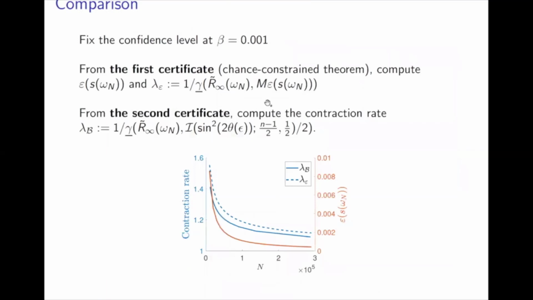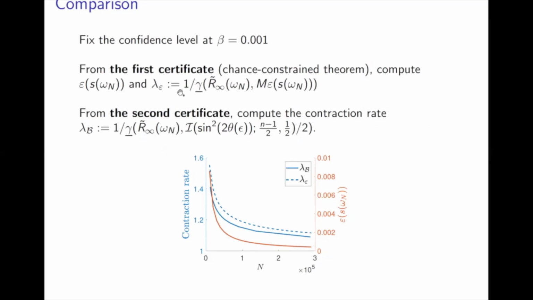Then we have two certificates, and we would like to make a comparison. We fix the confidence level to 0.001. Then we compute the contraction rate from the first certificate, which is denoted as lambda epsilon, and for the second certificate, we let lambda beta be the contraction rate. As we can see, the dashed line is the contraction rate of the first certificate, and the solid line is the contraction rate of the second certificate. So it's obvious that the second certificate is better in terms of contraction rate, but this is a bit unfair